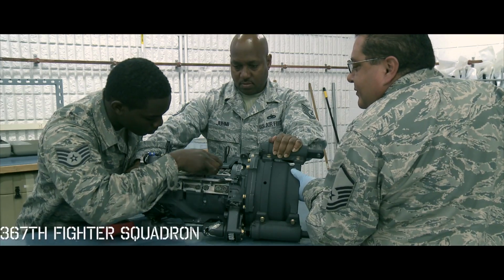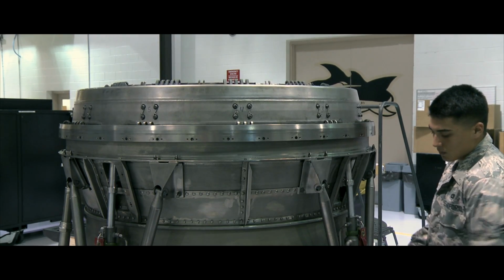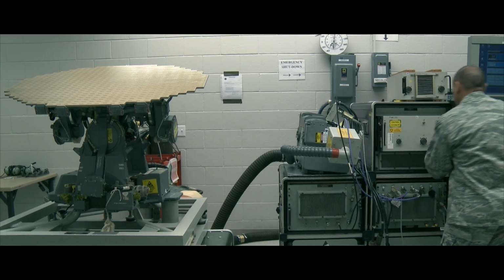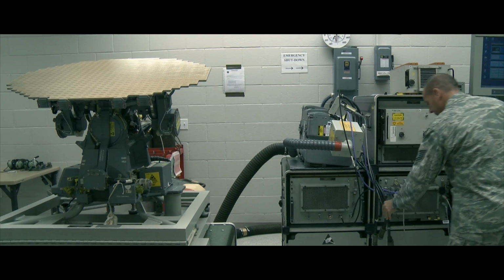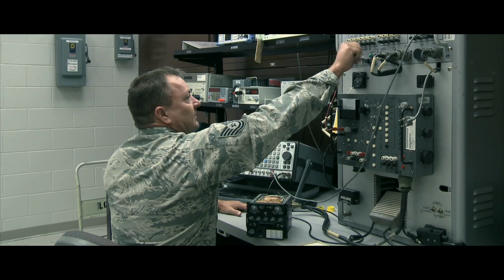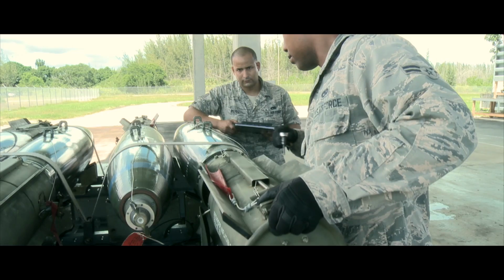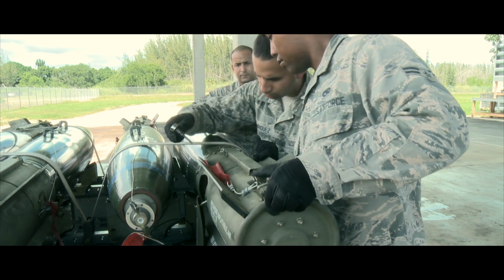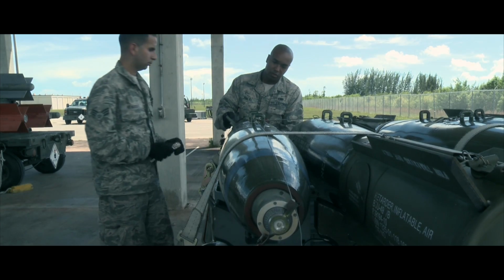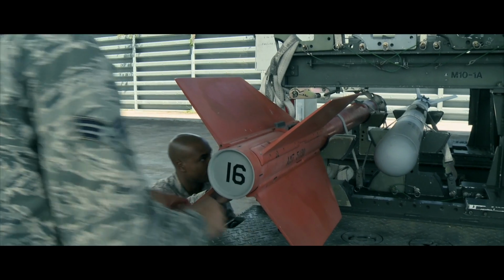The 367th Fighter Squadron is the United States Air Force's largest active association of regular and reserve personnel, a blended organizational construct designed to increase fighter pilot absorption and combat capability across the total force enterprise. The unit consists of active duty personnel from 25 officer and enlisted career fields integrated primarily within the 482nd Maintenance Group and the 482nd Operations Group. Its members work, train, and fight alongside their reserve counterparts in support of both peacetime and wartime taskings of the